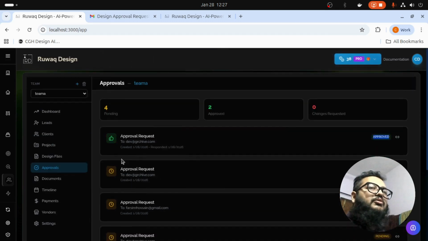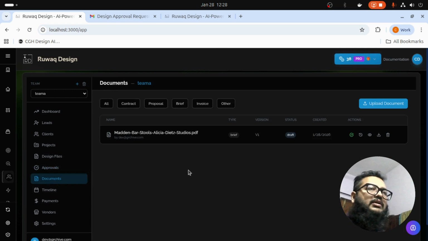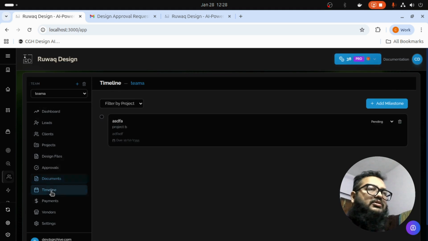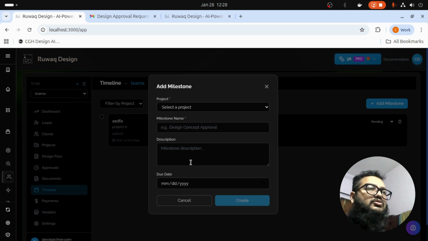So this is how you can maintain the full approval cycle here in one software. And of course, these are the documents that you have uploaded to the system, and here you can upload more if you want, and it will appear here. The project timelines for each of the projects you can add through milestones,